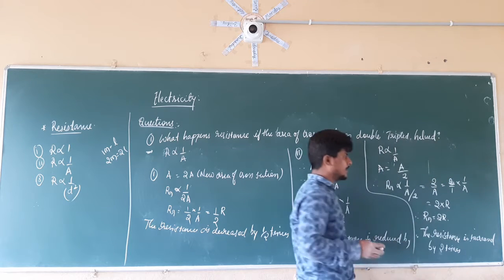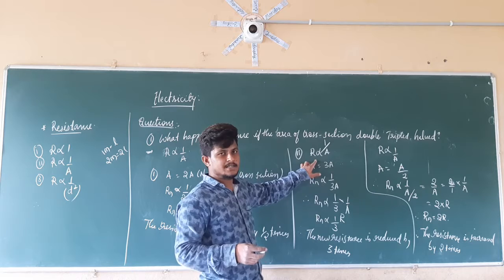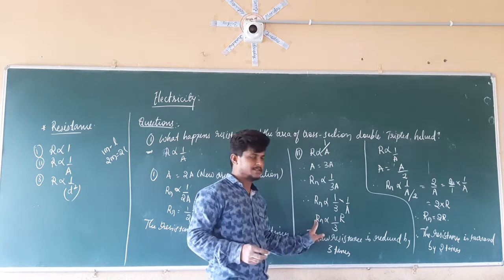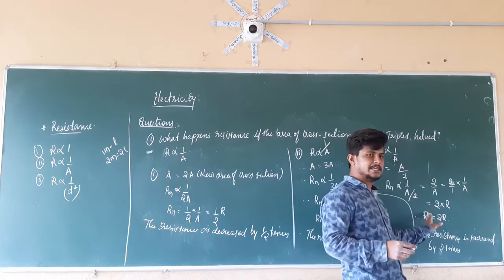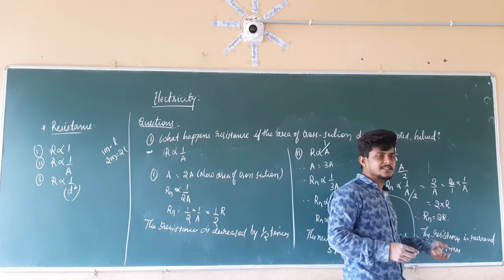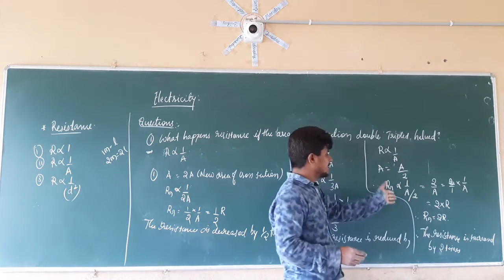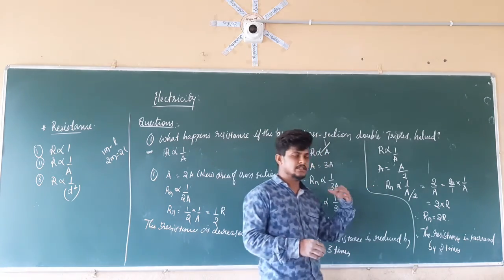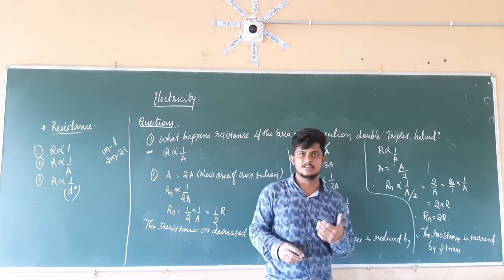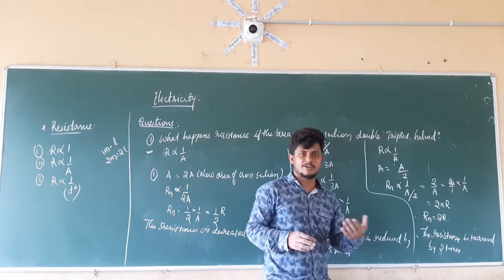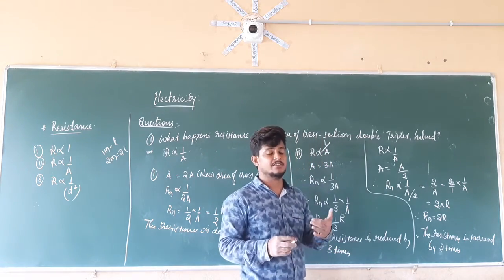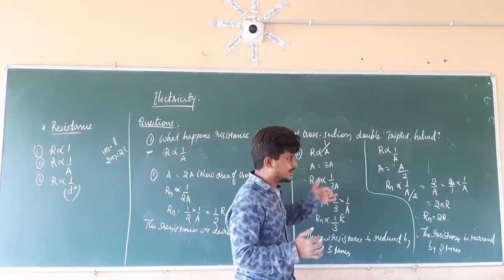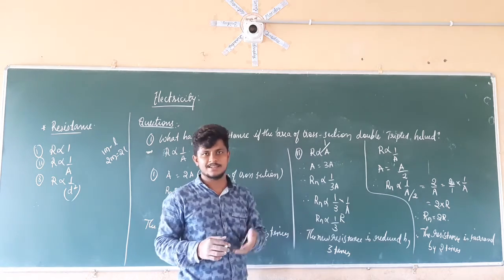So if you check here, after increasing the area of cross section, there is a reduction of the resistance. In the same way, when we decrease the area of cross section, there is an increase in the resistance. So like this, the resistance is dependent on the area of cross section. As well as in the previous example, we discussed the length. Resistance of the conductor is increasing as length increases, and the resistance of the conductor is decreasing as length decreases.